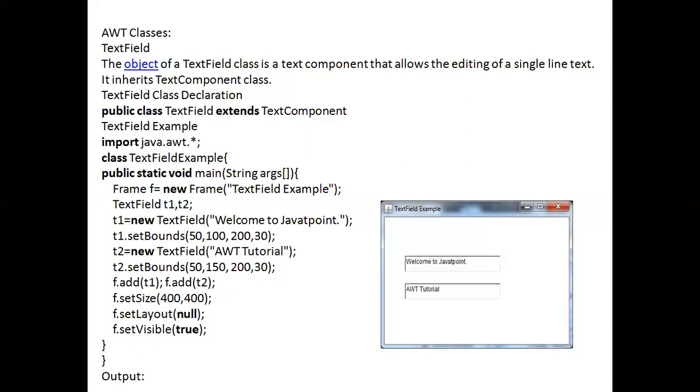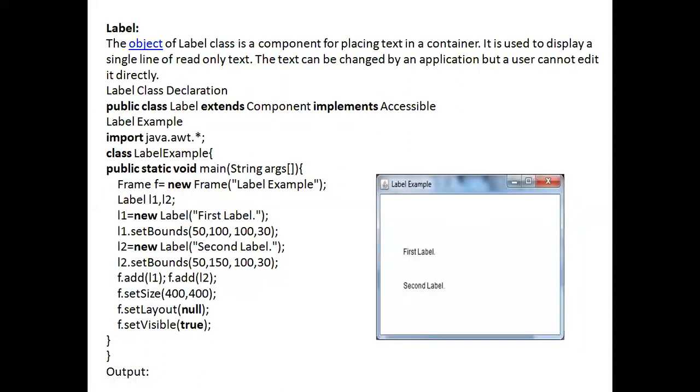That means these two text fields are added inside the frame F. After that, we are setting the size of the frame, 400 by 400, and layout is null, visible is true. This is our output.